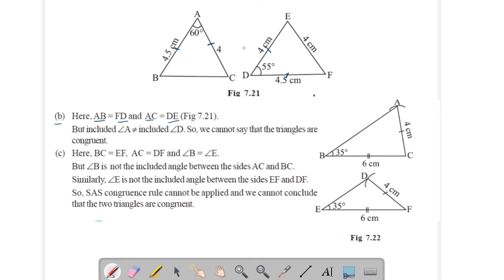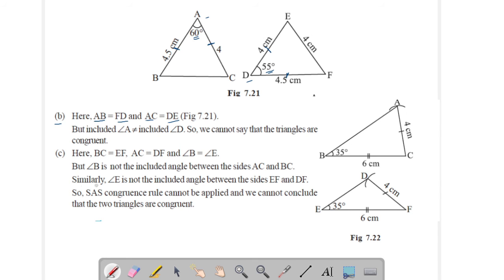Why? Because they have the same length, that is 4 centimeter, and included angle. Here the included angle is angle A. Angle A is 60 degrees, and here the included angle is angle D, and it is 55 degrees,